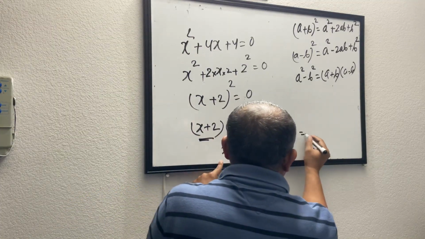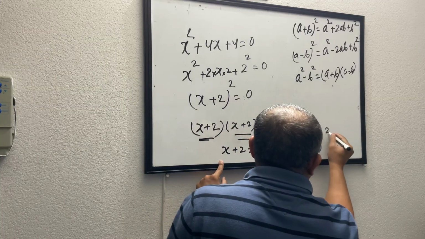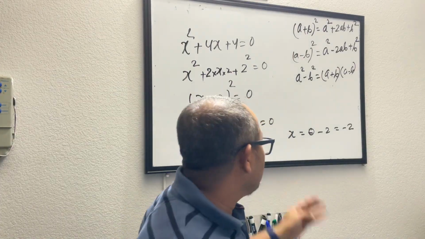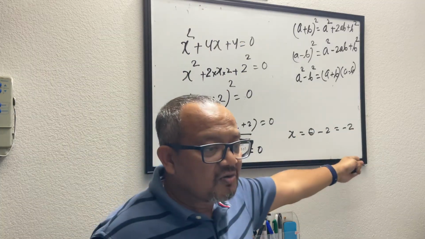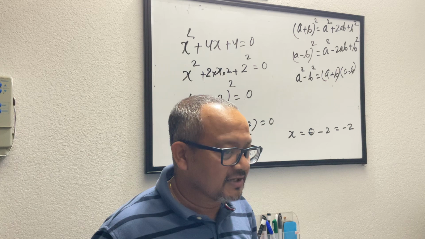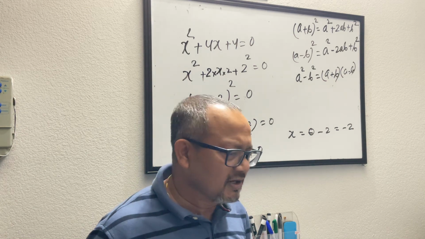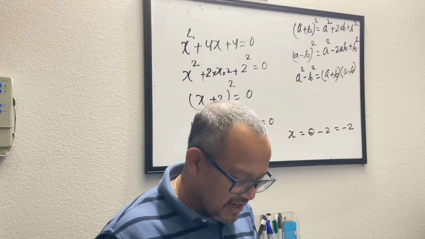That means x will be equal to 0 minus 2, since the 2 goes to the other side, which is minus 2. So from this quadratic equation we could find out the solution for x, the possible value of x. Does it make sense to everybody or it doesn't? Little bit, 20%. Okay, maybe.